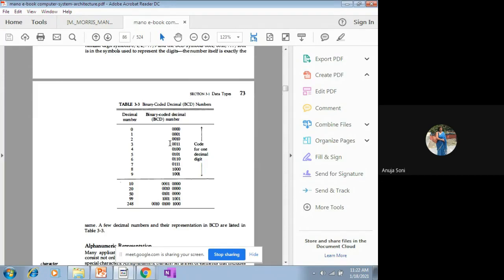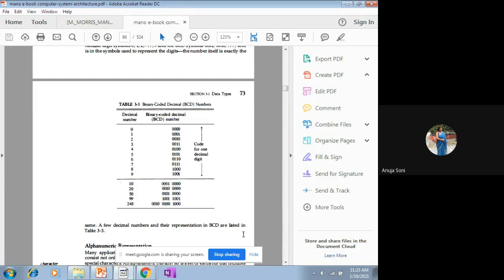Again, 4 bits are being used to represent those combinations. Though with the help of 4 bits a total of 16 combinations may be found, only 10 combinations are needed in the binary coded decimal number series, so only those 10 are used and we are not concerned with the remaining combinations. Those will remain unused. So only the combinations from 0 to 9 are used in order to convert a number from decimal to BCD form.